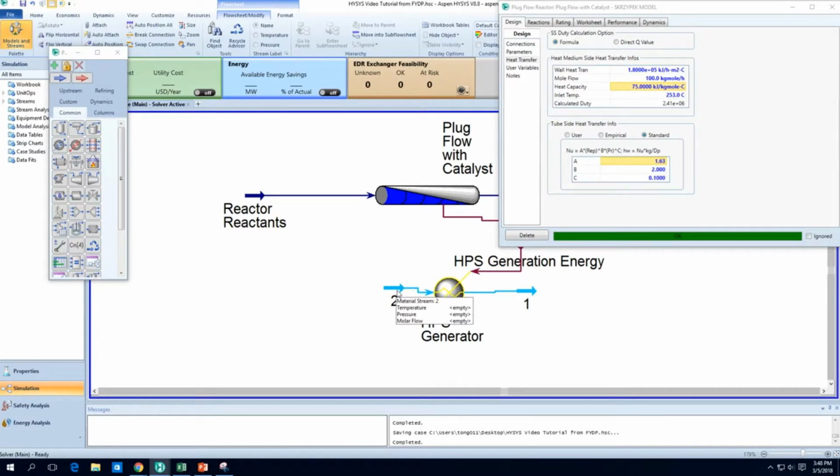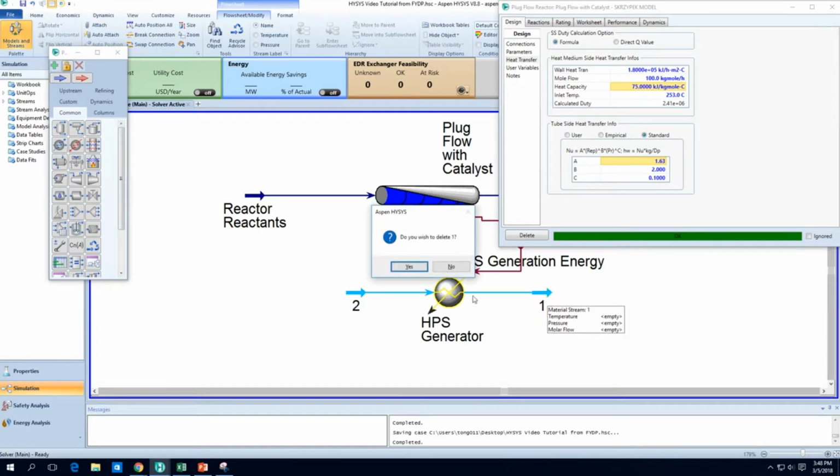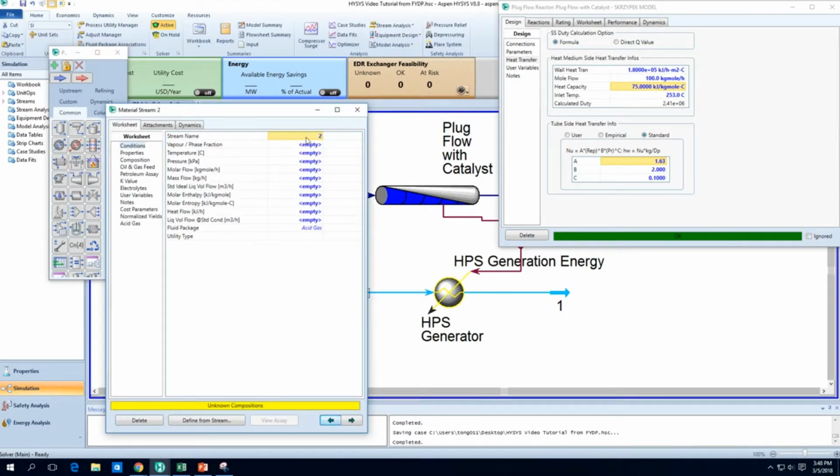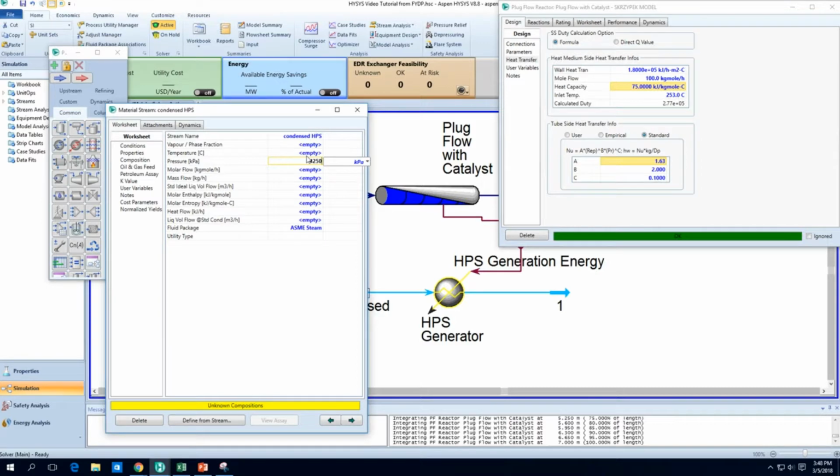In this, I've made two new streams, material stream 2 and 1, using the same control. If you missed it, I'm just pressing control, I'll pull it out, and I'm going to let go, and a new stream is made. Inside here, you will have a condensed high pressure steam stream, which is just condensed high pressure water, and I'm going to make the pressure around 4250